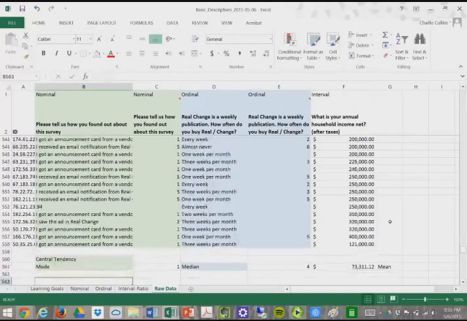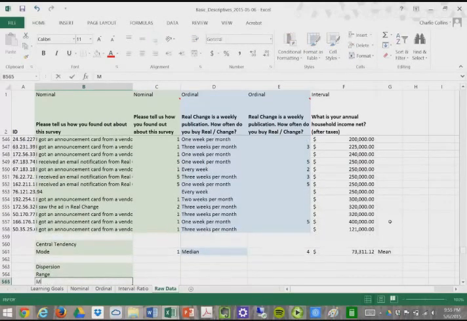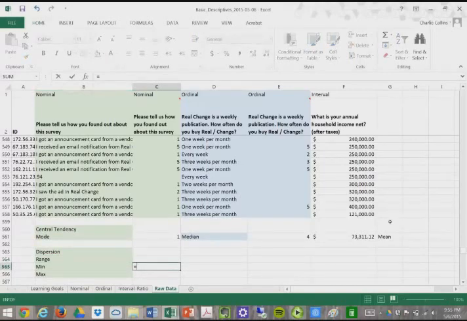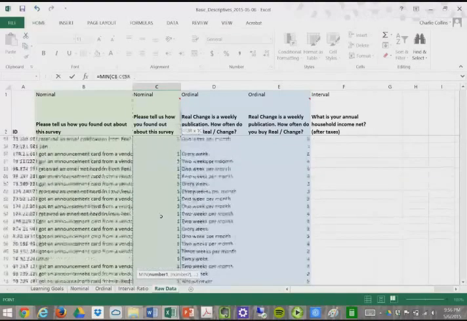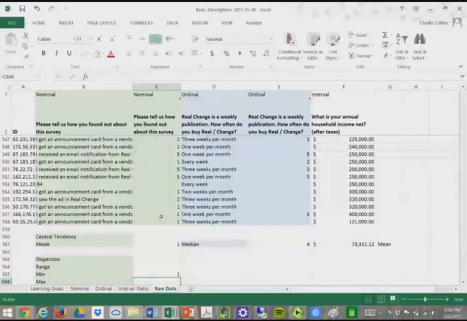So now let's take a look at dispersion, right? So here we're going to want a range, and specifically the minimum and the maximum, right? So what we're going to want to do here is the same sort of idea, highlighting our cells. And so for the minimum, we're going to type in minimum, right? Returns the smallest number, opens the parentheses, same sort of idea, right? Okay, so the minimum is 1,